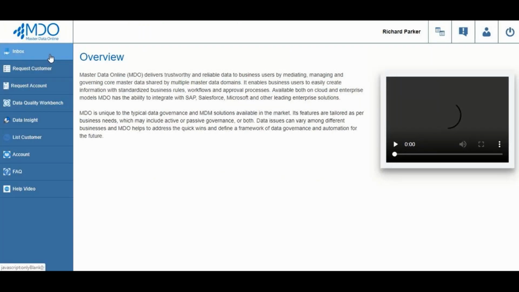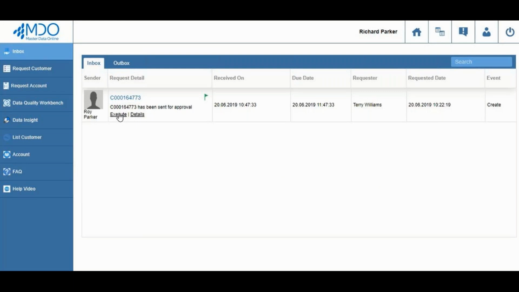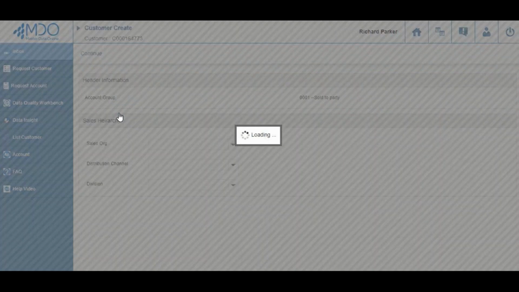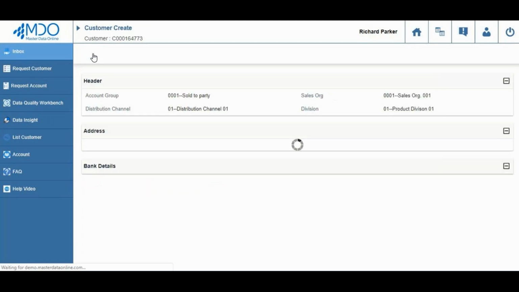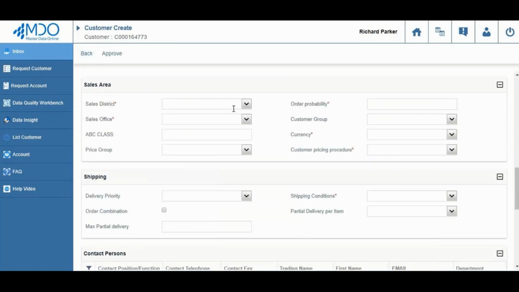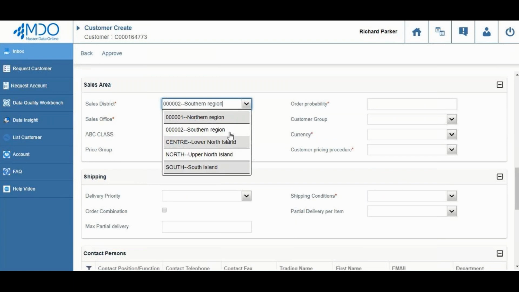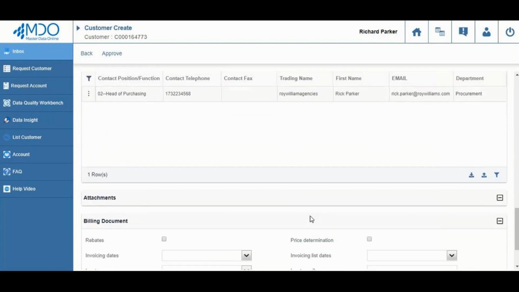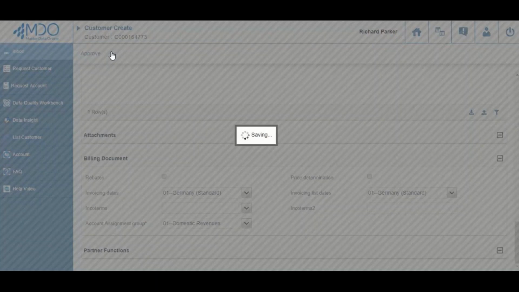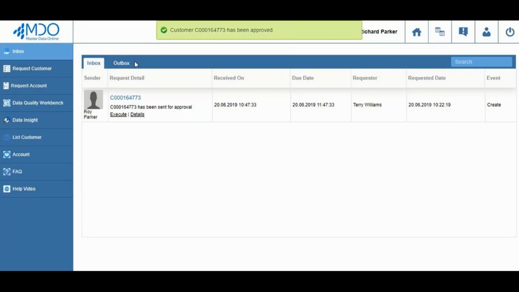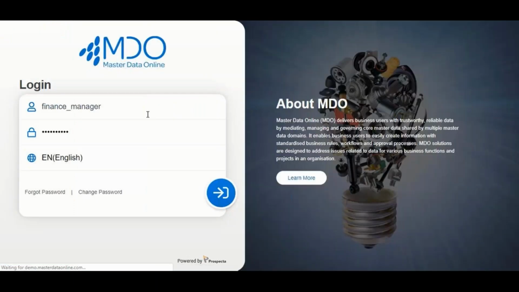So they will receive an alert, like an email alert, that they have an action pending in their task list for a new request approval. If they have the MDO mobile app installed, which is available for most smartphones, iOS and Android platforms, or smart devices,